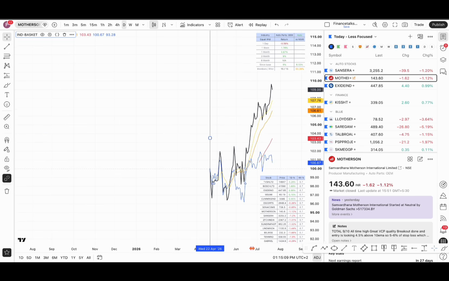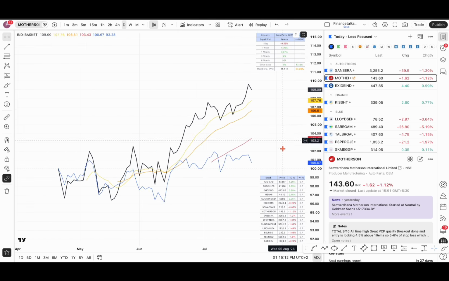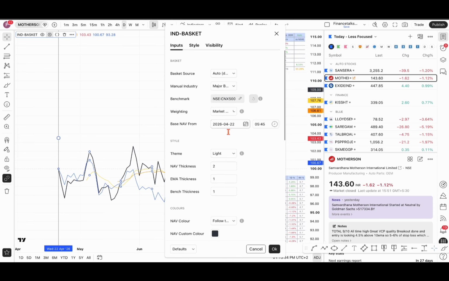Now what we can see is that the auto sector, with all the stocks equally weighted, has performed much better. The Nifty 500, if it was 100 on the 22nd of April, is 100.67 right now, and the auto is at 100.9. So in the last 3 months it has given 9% returns over here, you can see. And if you want to make it market cap weighted,